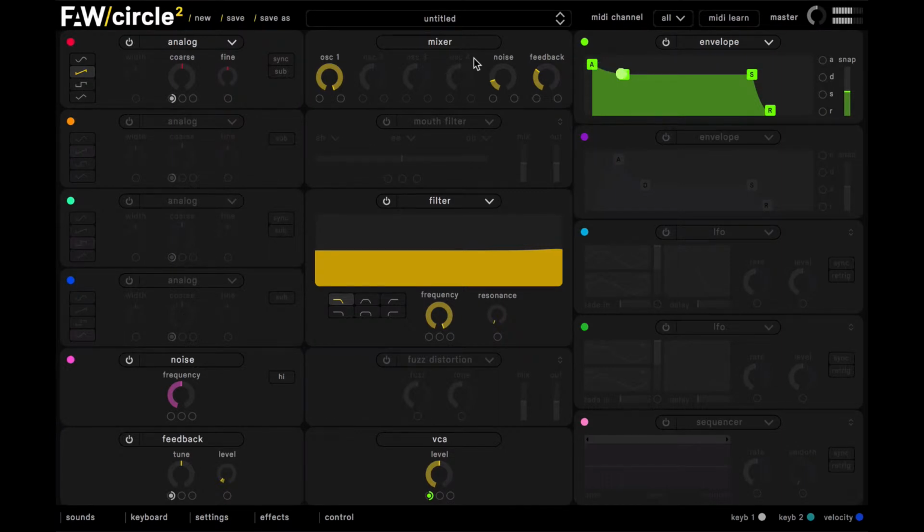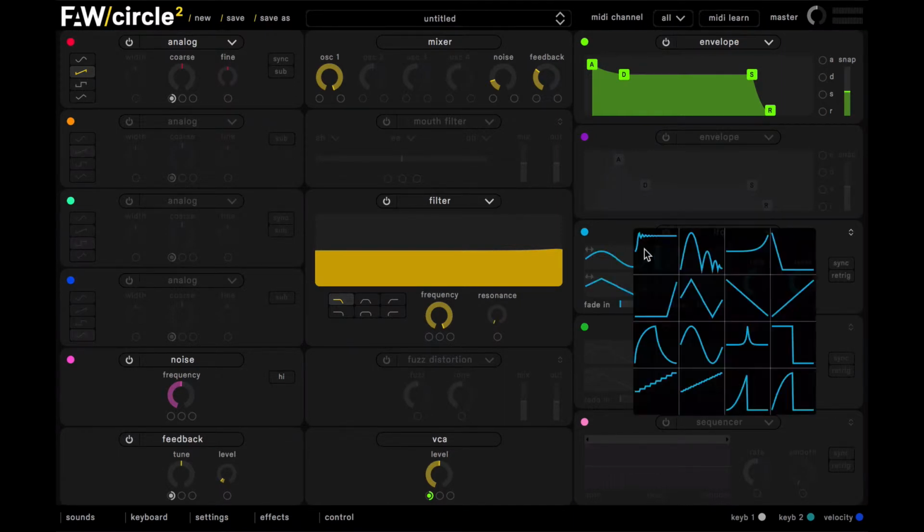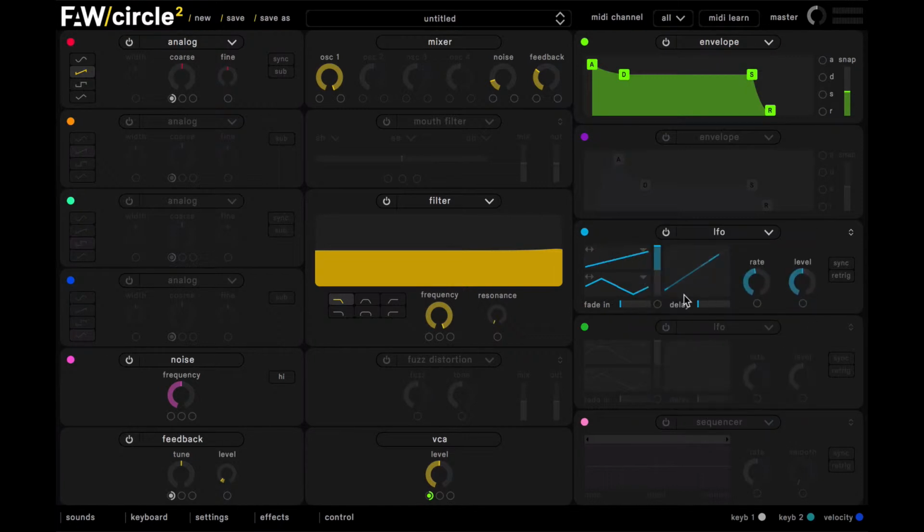We're now going to give the rise to this sound, and we're going to do that using pitch modulation. So going into this slot here, we will insert an LFO, and then we're going to select this rising wave shape here, and then we go ahead and connect this to control the coarse tuning of the sawtooth oscillator, and